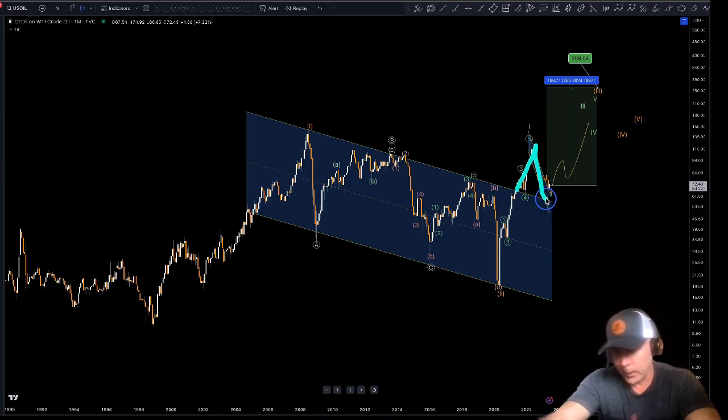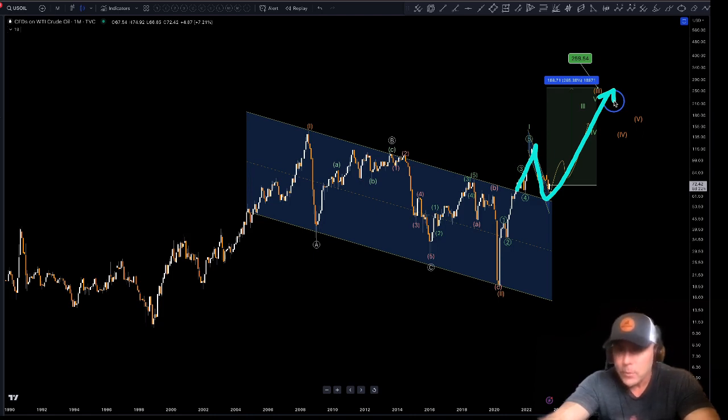So at time of recording, oil is about $72 per barrel. Yeah, it could go lower, say in the 60s or the $50 per barrel, but here's what I'm seeing, especially from an Elliott wave perspective and that measured move. It's hard to say because I didn't do a time or price-based analysis on this, but in the next few years, I see the price of oil going up about